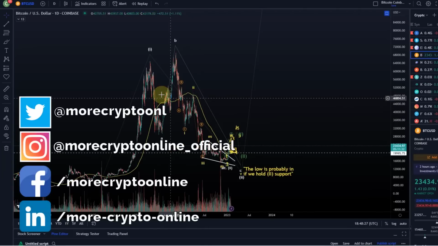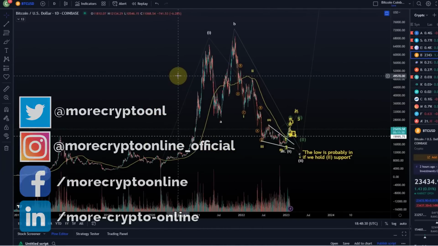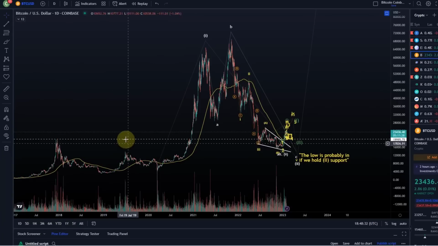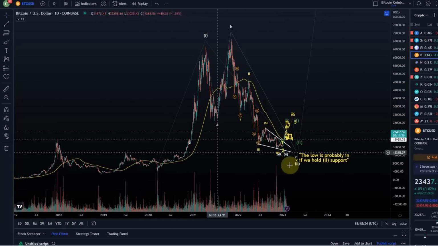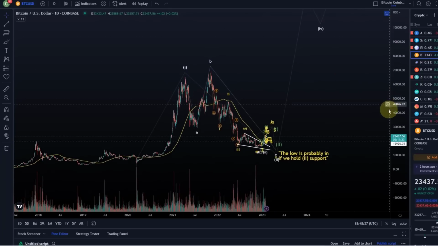So Bitcoin, I want to take a look at the daily chart again. I don't really want to focus on what happened here because we had a series of 1-2 setups. That's not so important for what's happening at this moment and also what's going to happen in the next